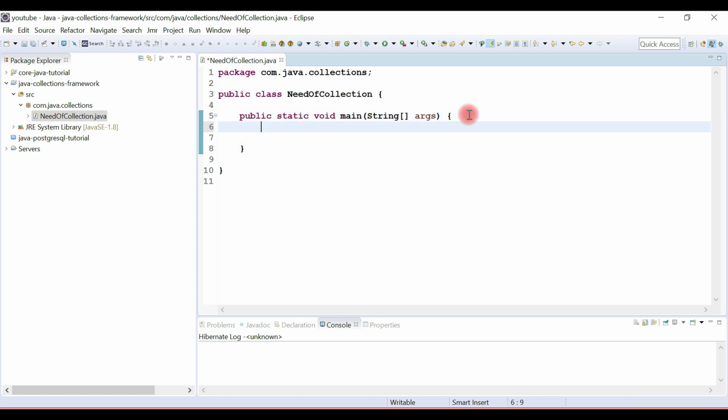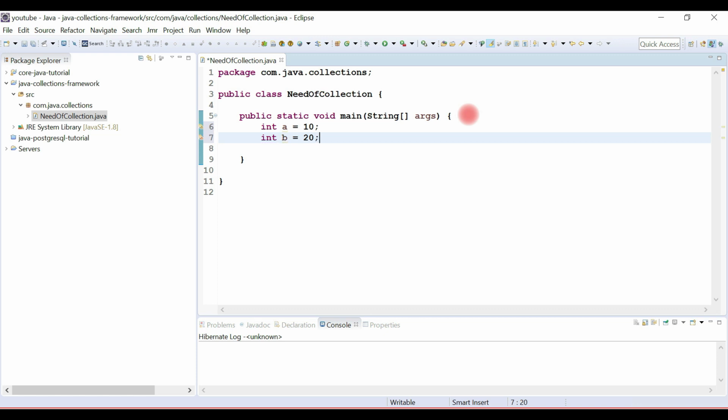Alright, now let's create an integer variable, int a equals 10. So this is how we store an integer number in an integer variable in Java. Let's say I want to store one more integer number, 20. Then I need to create an integer variable, int b equals 20.